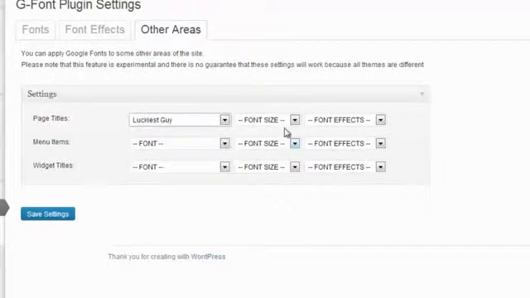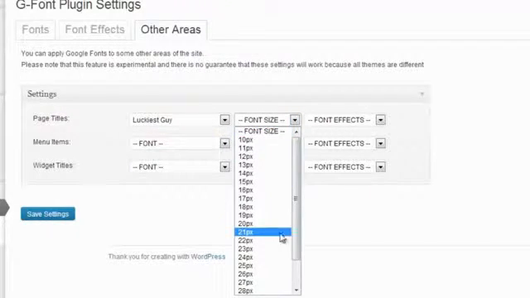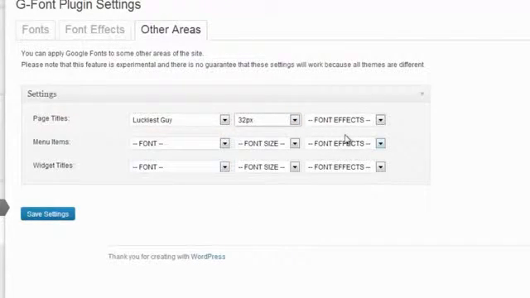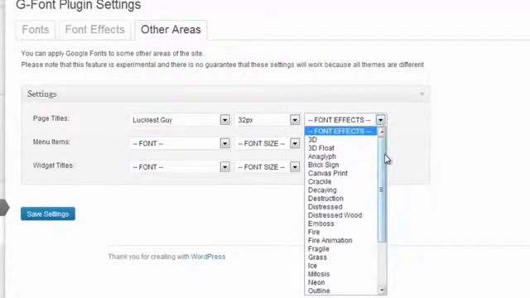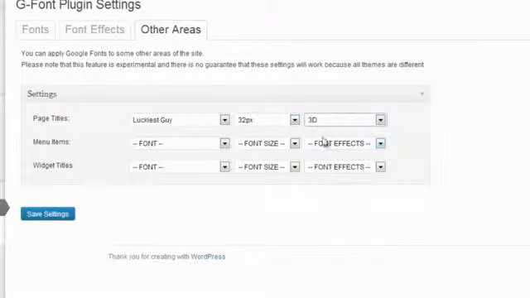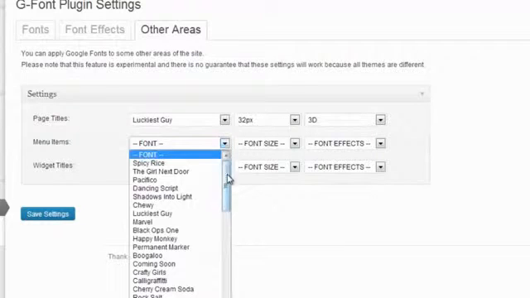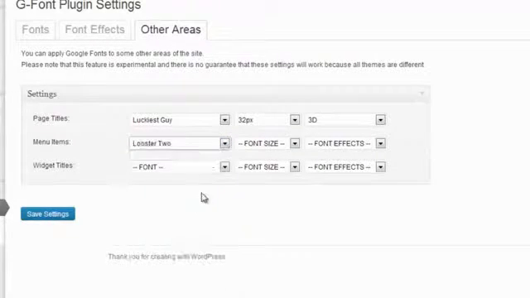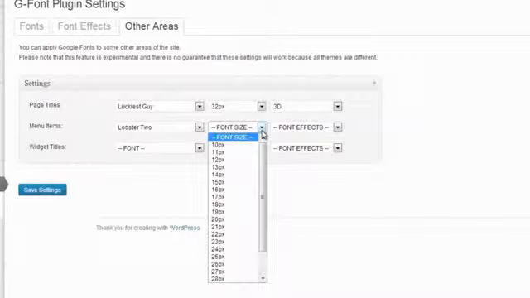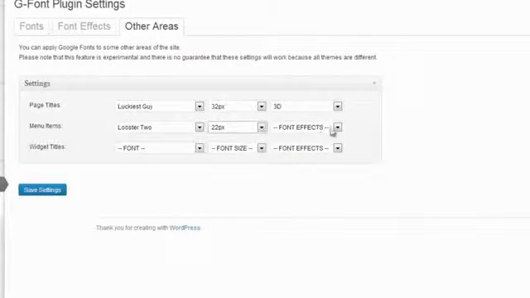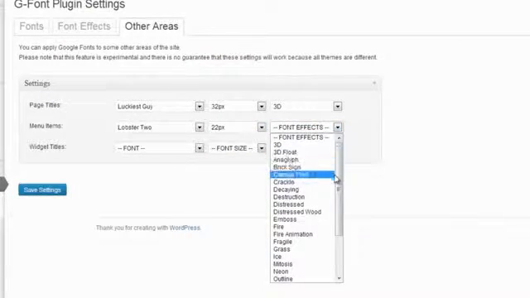We're gonna go here with Luckiest Guy. Because these are the page titles, we're gonna use a 32 pixel size, and we're gonna use 3D effects. For the menu, we're gonna use Lobster 2. We're gonna go with, let's say, 22 pixel size, and